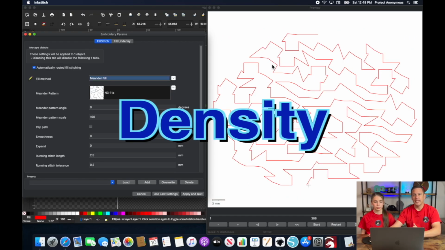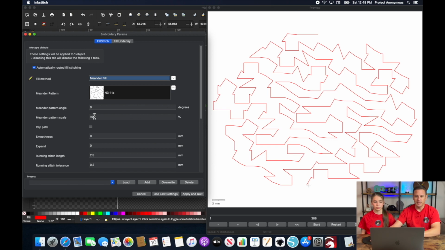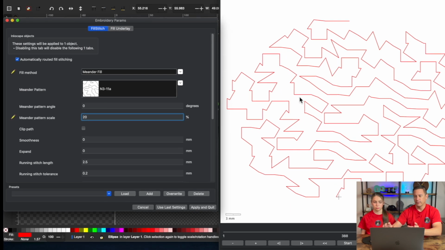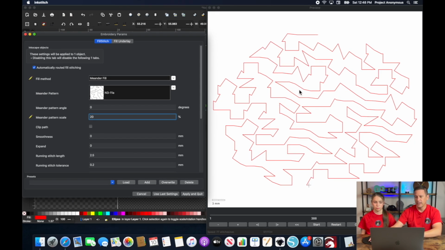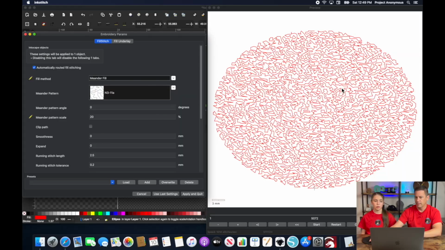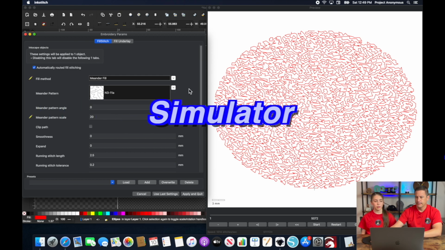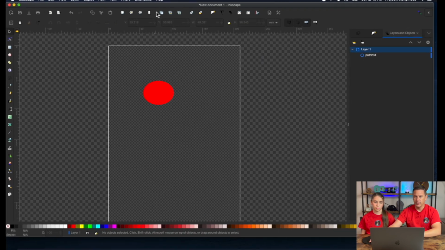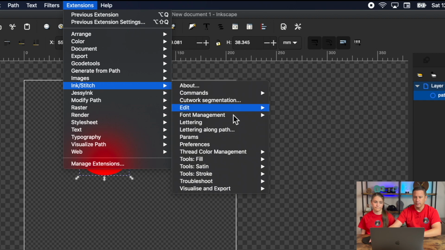In order to change the density of these stitches, it's actually pretty simple. You just reduce the meander pattern scale to a lower value. So I'm just going to hit 20% here real quick so you can see what that looks like. And it will be a little bit more tighter, denser look and give you more detail. So should we see what this looks like in the simulator realistic preview? Yeah, let's do that. I really like this kind of randomized fill, and I'm kind of curious to see what it looks like. So we can apply and quit and go to our